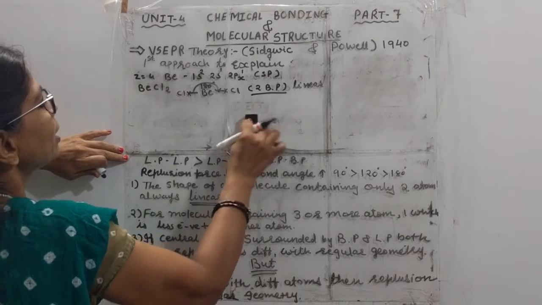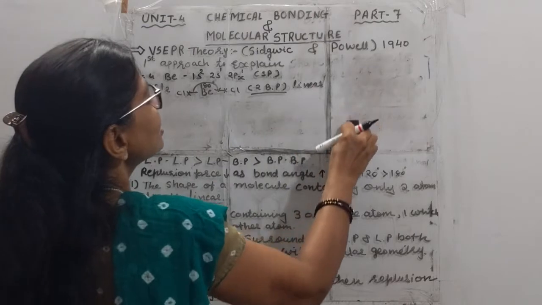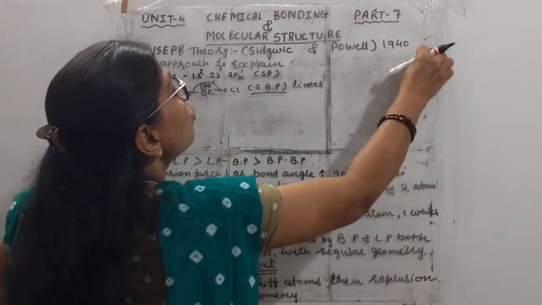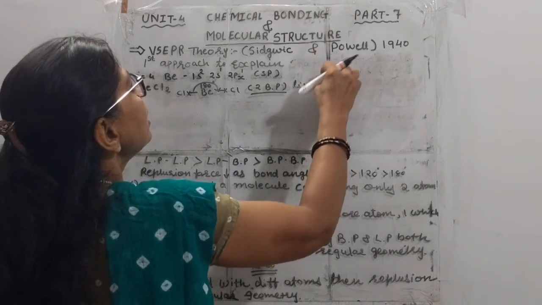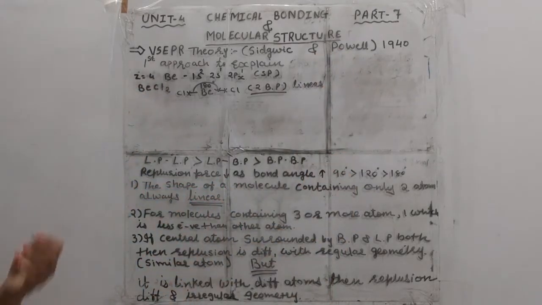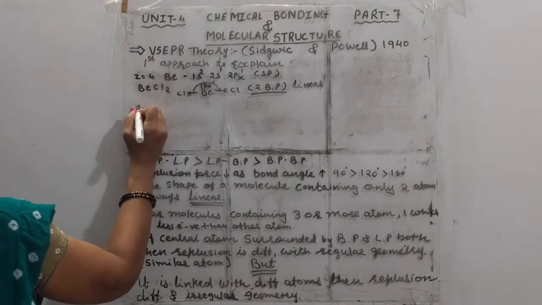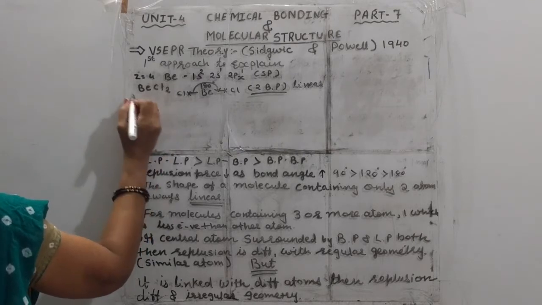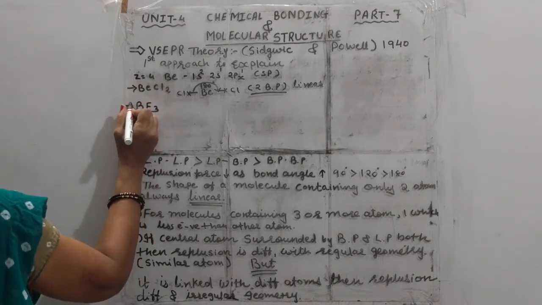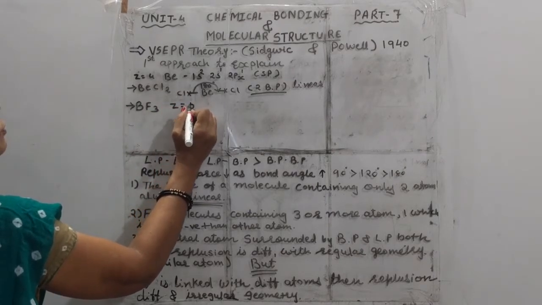Student, you must be thinking, madam, you are taking the same example. Why am I taking the same example, student? Because you will revise that example, learn it, and in the exam you will get a clear structure for this. So we are taking the example of boron, means we'll take the BF3. So boron, what is the Z for the boron, student? Z for the boron is 5.